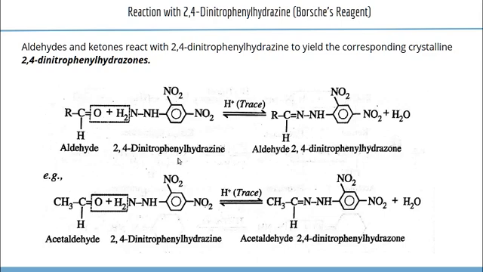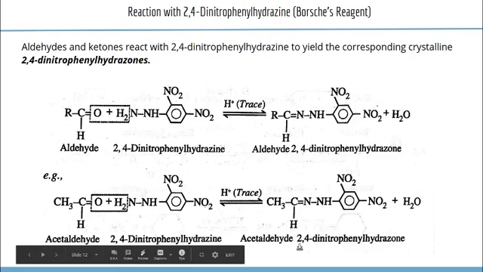Here we have the examples of reaction with aldehydes. RCHO on treating with 2,4-dinitrophenylhydrazine. Brady's reagent is a derivative of hydrazine. From hydrazine, one hydrogen is replaced by a phenyl group with two nitro groups on the second and fourth positions. That is 2,4-dinitrophenylhydrazine. We will get the corresponding aldehyde 2,4-dinitrophenylhydrazone. For example, acetaldehyde on treating with 2,4-dinitrophenylhydrazine, we will get acetaldehyde 2,4-dinitrophenylhydrazone with the elimination of water. Here the condensation reaction occurs and we will get the corresponding hydrazone.